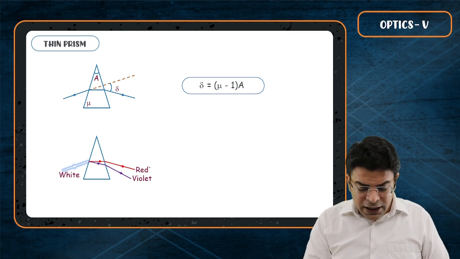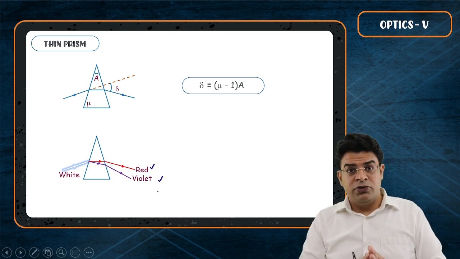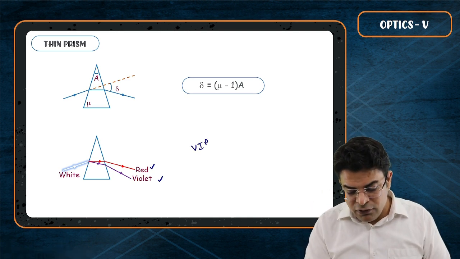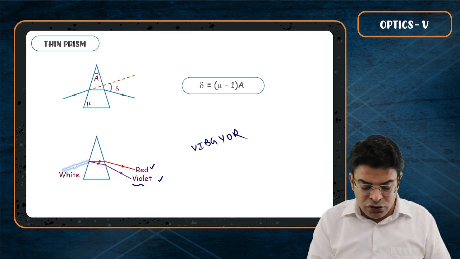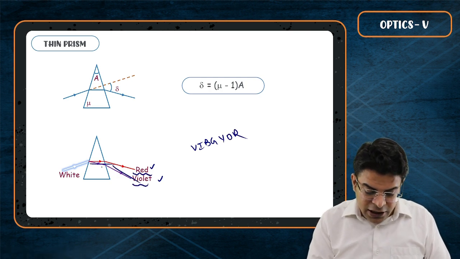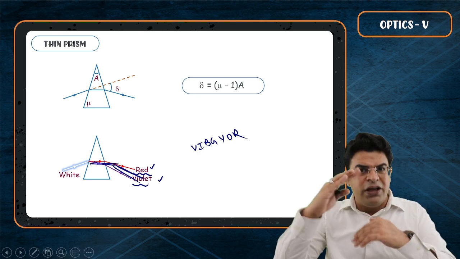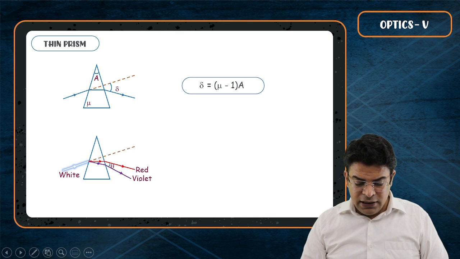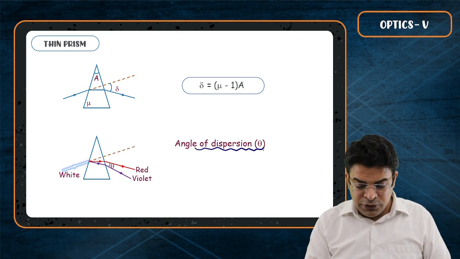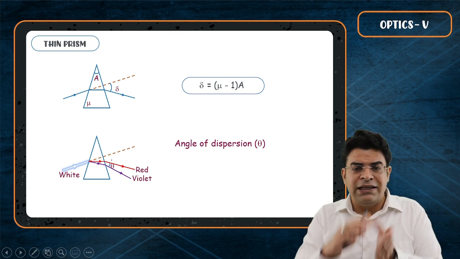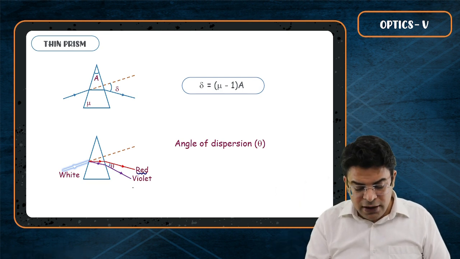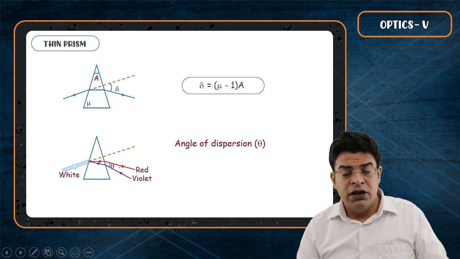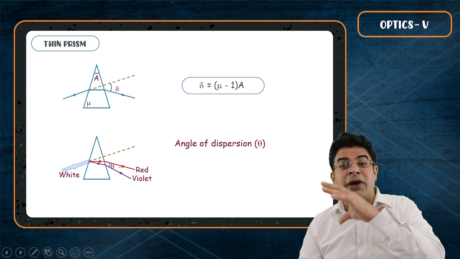Now when the light rays come out of the prism, they are separated into different colors. If you shoot white light, definitely you will get everything, but I am just showing you the two extreme colors. There is even indigo, there is even blue, there is even green between them somewhere. Now we define a quantity, and that is called the angle of dispersion. Angle of dispersion is the angle between the extreme red ray and the extreme violet ray. So this angle is the angle of dispersion, the angle at which the light is spreading out.